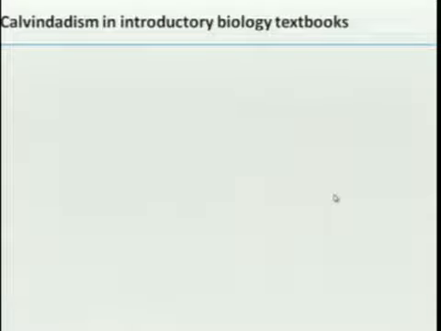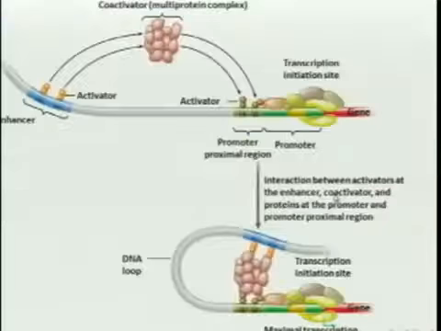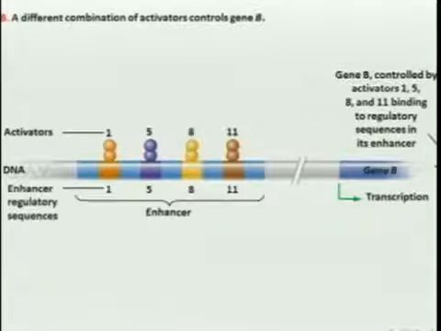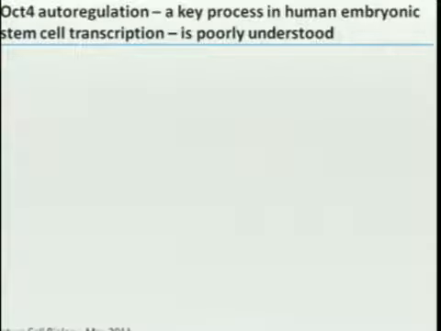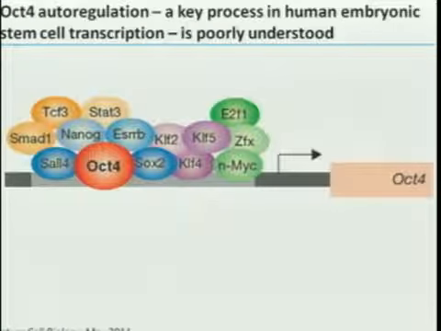The schematics that you see here, in particular this, is pure Calvin Dadism. We don't actually know what exactly happens. In particular, what we don't know is how it all comes together. OCT4, the one human gene I need you to know, is the master regulator of human stemness. Here's our current model of how it is regulated. Nobody likes this model, but this is our extent of knowledge, this sort of car pileup or pile of children's toys sitting at its promoter.